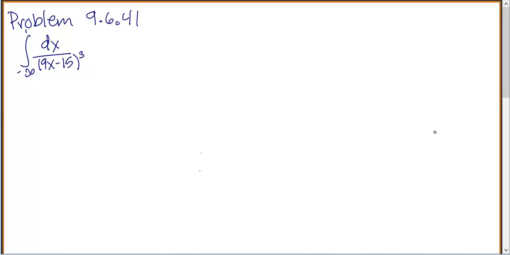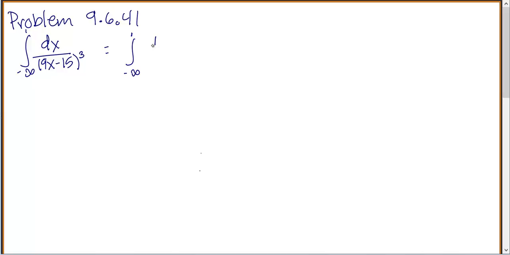This is problem 9.6.41. We're supposed to find the integral of dx over (9x minus 15) cubed from negative infinity to 1. Now, first of all, when you see a problem like this, it's one of my little personal pet peeves